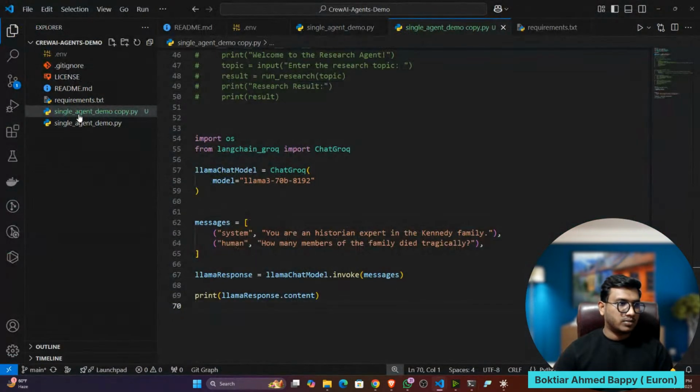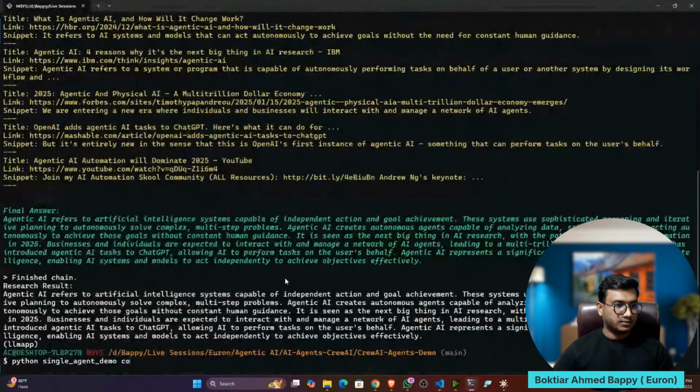Instead of that, I can replace the name like that. Maybe that would be fine. Single demo with Grok, with OpenLLM, or I can write Grok. Now let's try.